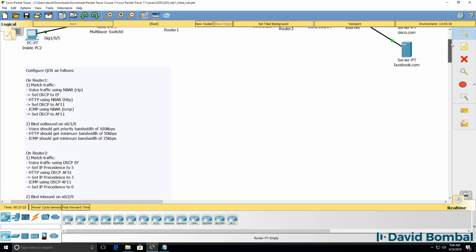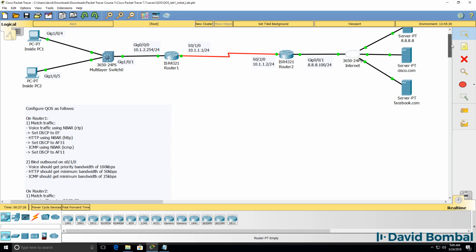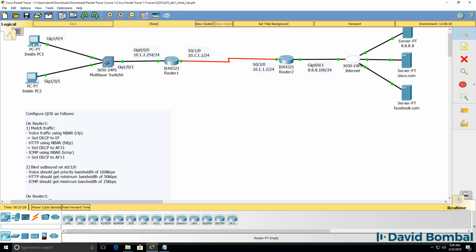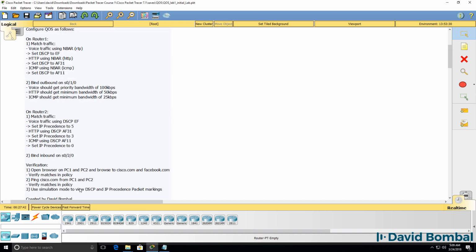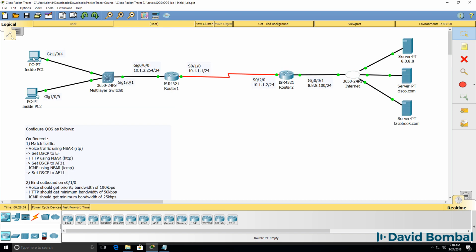Now in this example we haven't got an IP phone, so we won't be able to simulate RTP traffic, but by sending both HTTP and ICMP traffic, you'll be able to see matches in real time on your quality of service policies. Once you've done that, use simulation mode in Packet Tracer and send both ICMP and HTTP traffic into the network